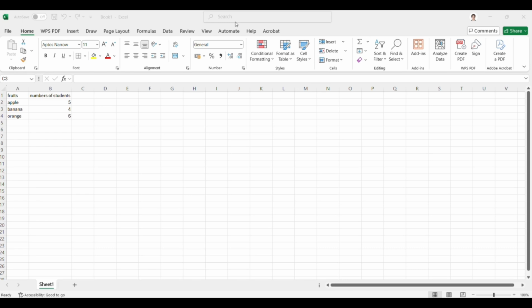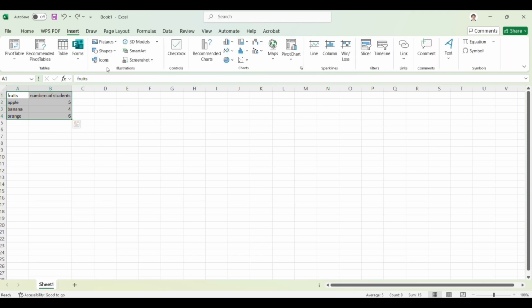So now, let's proceed to the steps in creating a charts in spreadsheet. So first, we have a list of numbers of students and their favorite fruits like apple, banana, and orange. So to make a chart, highlight the data, click and drag to select the whole, including the titles. So on the top of the menu, click Insert and choose a chart type